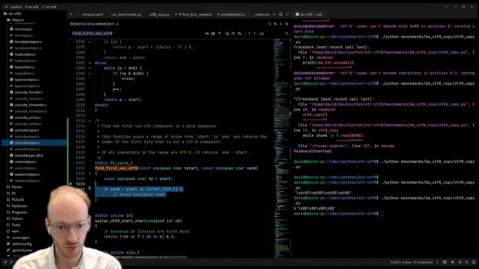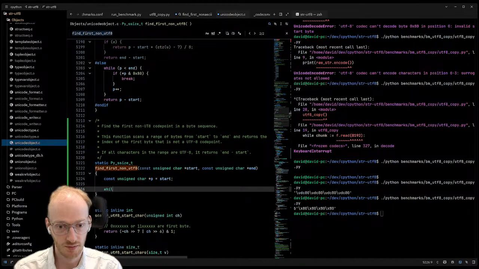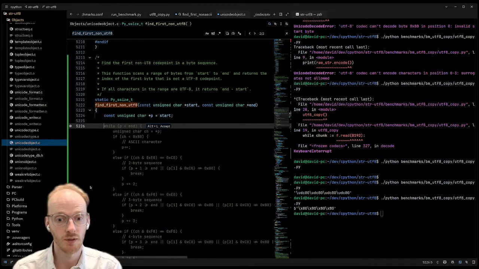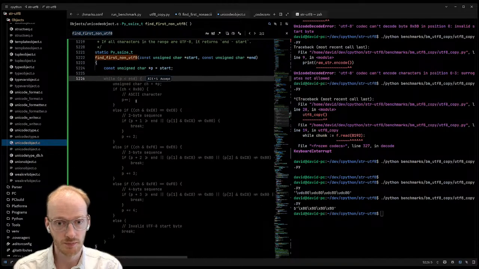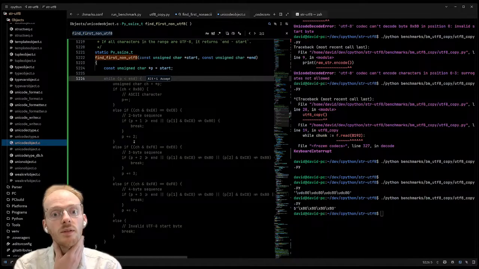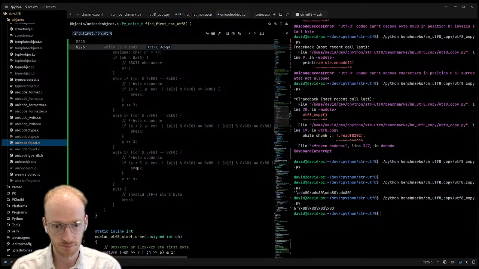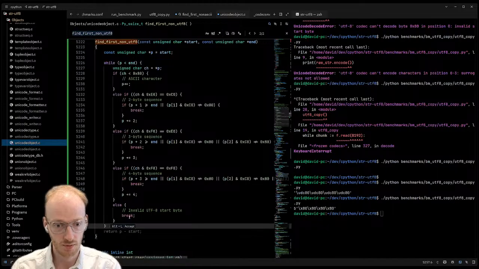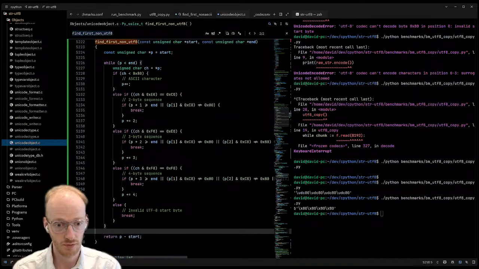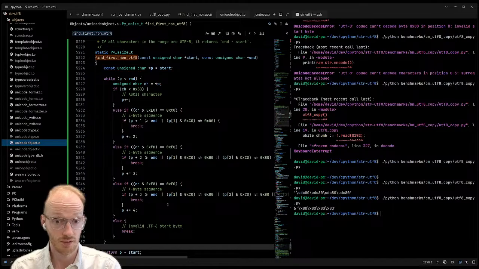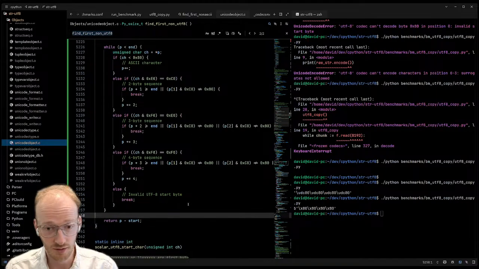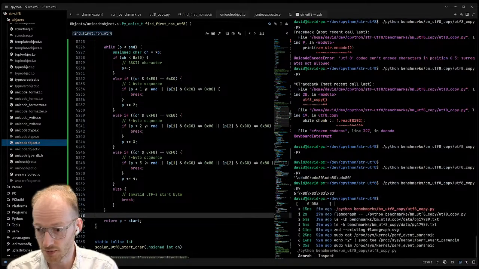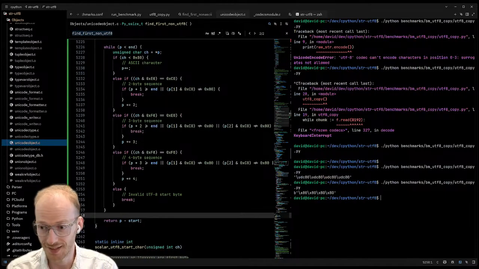Okay. Why don't we just do the naive thing? Let's optimize later. Oh, that looks more reasonable. That's pretty much what we need. A 2-byte sequence needs that, a 3-byte sequence. Fine. We haven't written tests for it, but let's trust that at least gives us a compile and see what happens. That has the right shape.